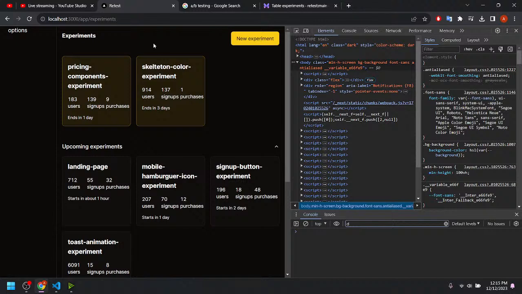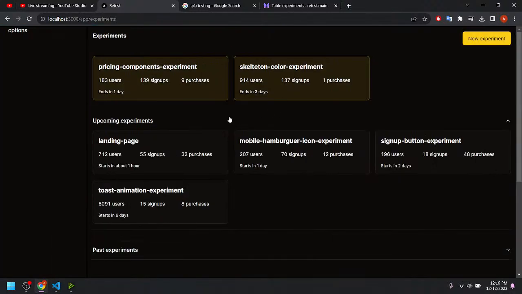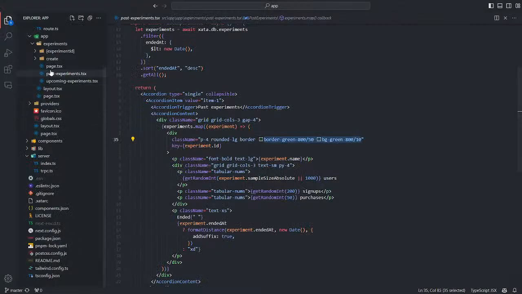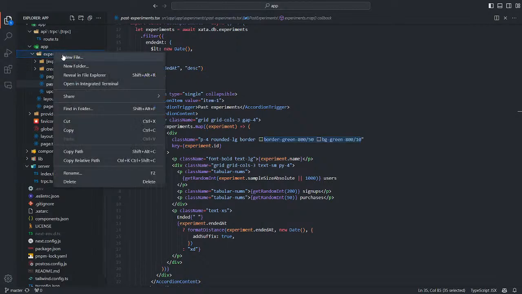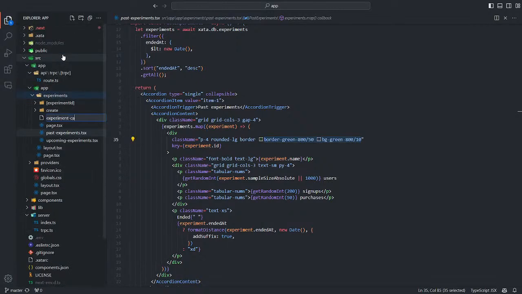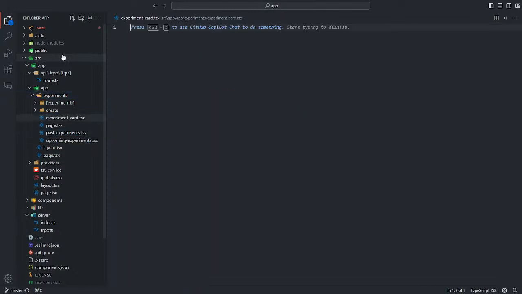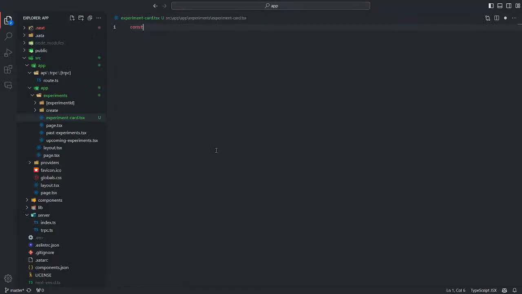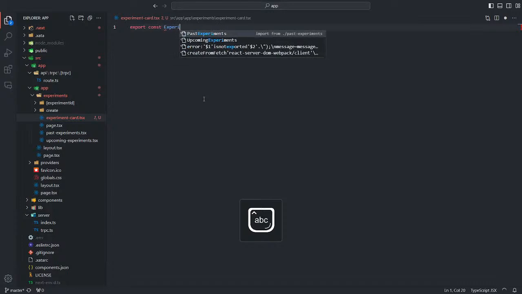Okay, so we are coding now. A single component called experiment card, I think. So we're coding. Let's say it's const experiment card.